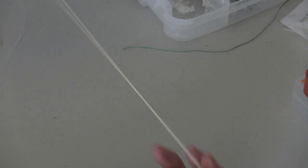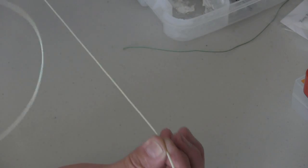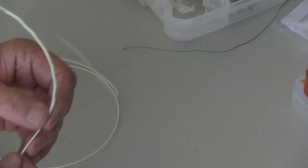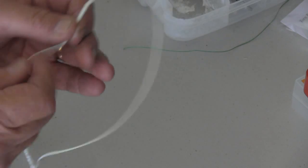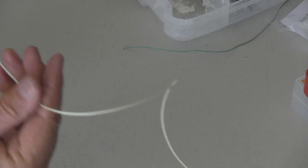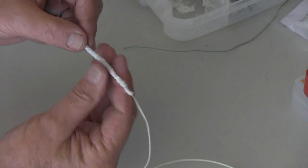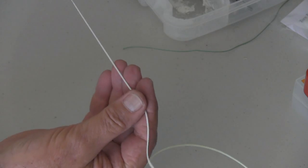Leader's inserted into the braid. I'll smooth things on down, make sure I've got a little leader to work with, and I really didn't give myself much, so let's go back in here. Okay, so I've got leader into braid, and I've got this double sheath here, the extra wall, and I'm going to go ahead and pull that down over the braid,